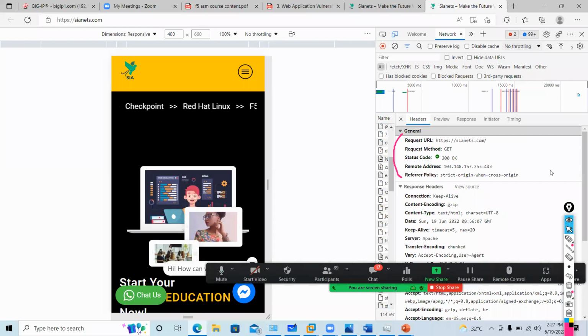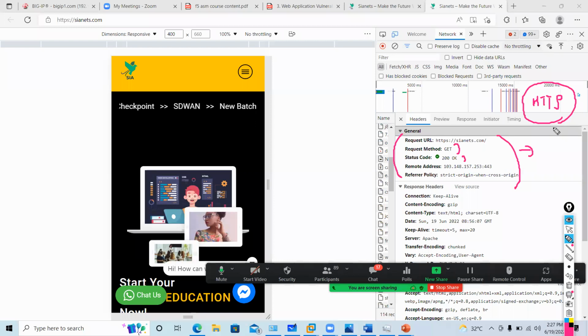So when I see this, this is the request URL. What is the method? What is the status code? Guys, all these things will be checked by ASM. So this is called the HTTP request header, checking whether your method is good. By default, when I talk about F5 ASM, it will generally only allow the GET method, POST method, or HEAD method.